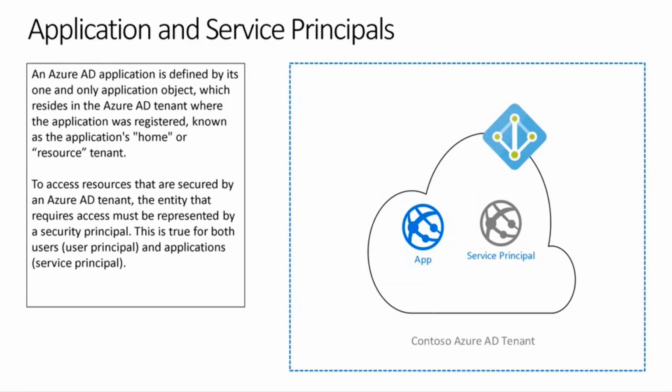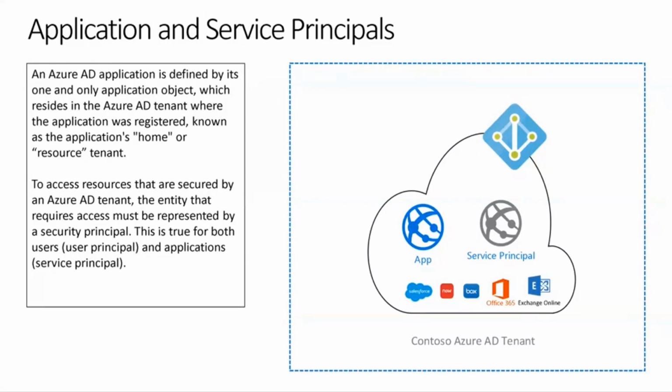In Azure AD, all the operations are carried out against what we call principals. So we have user principals, and when operations or processes have to be carried out against an application, they are carried out on an instance of an application that we refer to as a service principal. Think of a service principal as an instance of your application. Why we need it is because it allows us to create principals of a single app registration in multiple tenants. So let's cover that here.